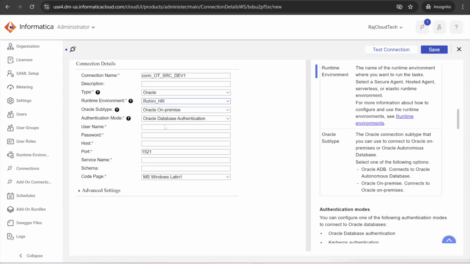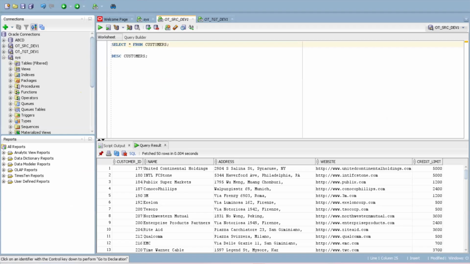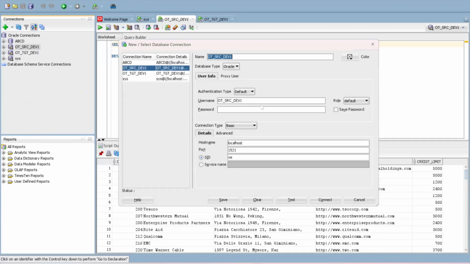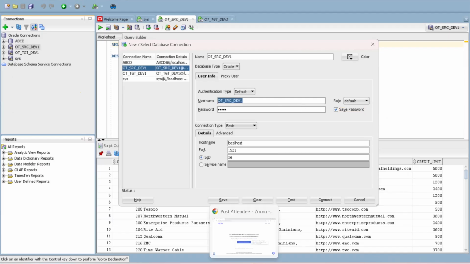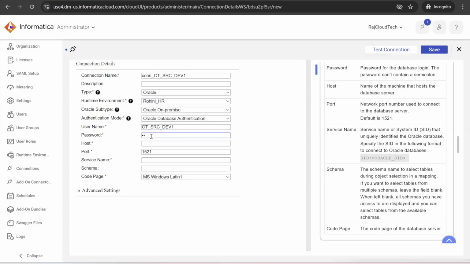Click the second one, your computer name. And then username. From where will I get this username? Go to Oracle, source schema, right click, properties. So, these are the username and password. These are the usernames. So, select the username and paste here. Copy the username from Oracle source schema. And the password, don't copy the password, type the password.